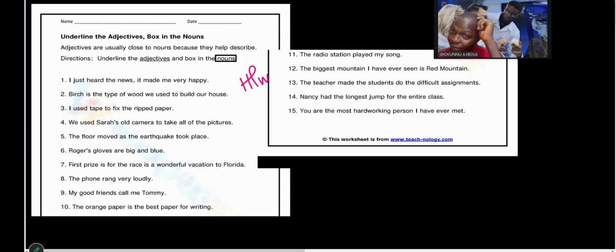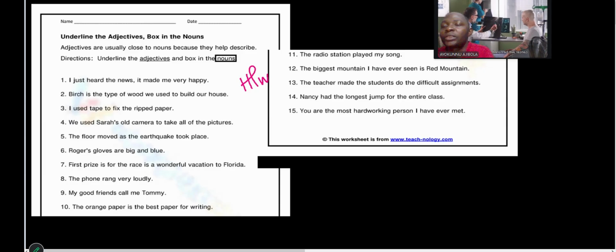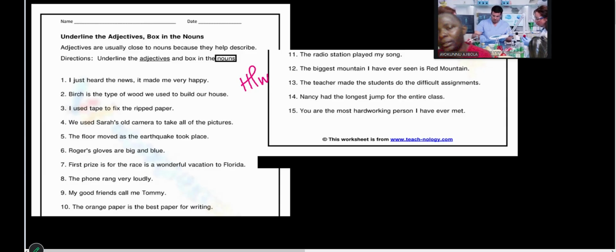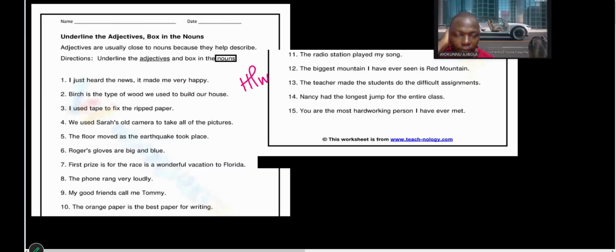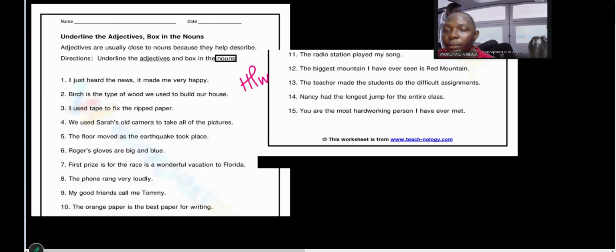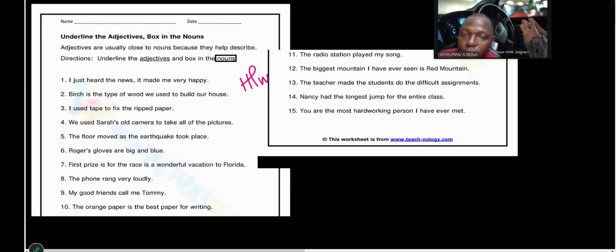I was totally confused. I don't know how to explain it. What did I ask you to do anyway? Noun, adjective. I was good with the noun, but the adjective. It says underline the adjectives and box the noun, right? I felt like I was underlining the wrong thing. Yeah, the main thing is that it wants you to identify the adjectives and